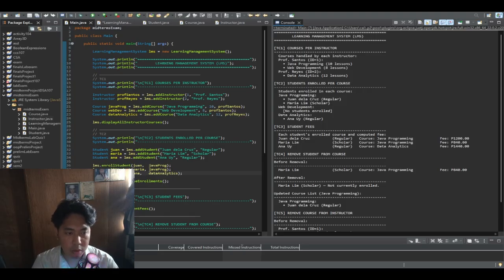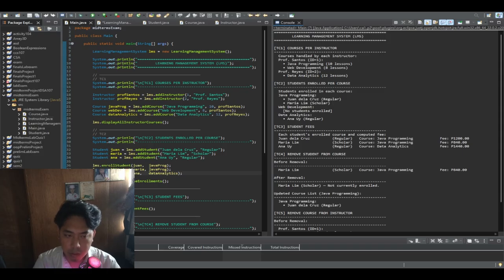Moving on to test case 1, we create two instructors, Professor Santos with ID 1 and Professor Reyes with ID 2. Then we create three courses: Java programming with 10 lessons and web development with 8 lessons, both assigned to Professor Santos, and data analytics with 12 lessons assigned to Professor Reyes.